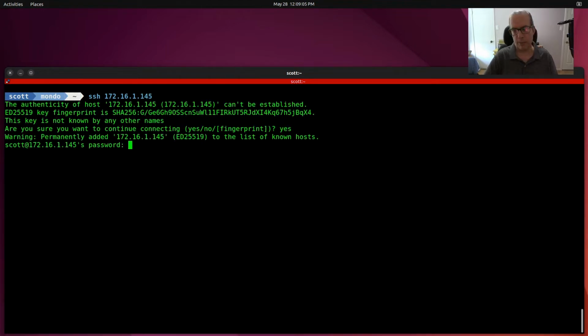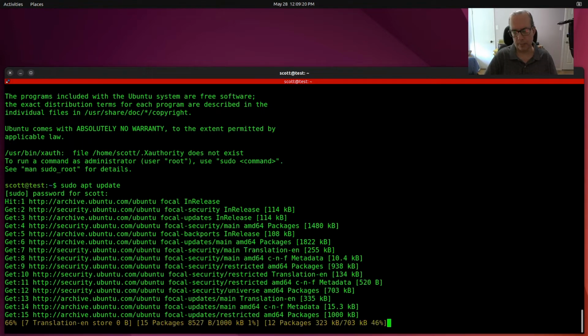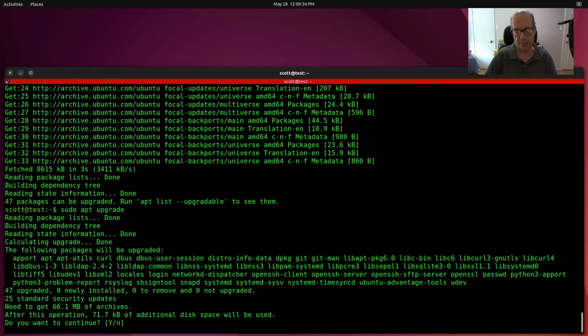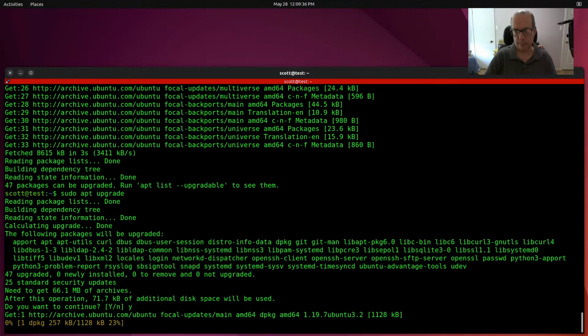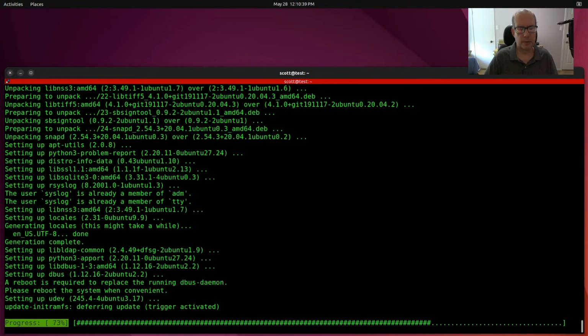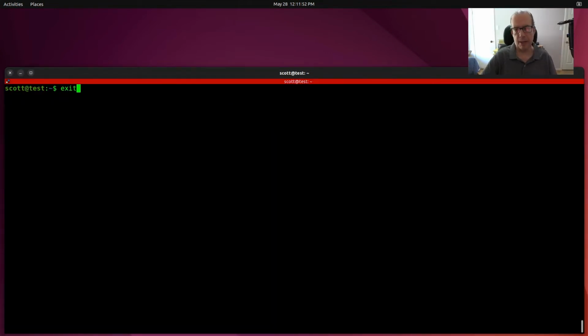Accept the new fingerprint, type in the password, and we're logged in. So the first thing we're going to do is a sudo apt update and a sudo apt upgrade, since there are 47 packages that need upgrading. Now that the system's been updated, I'm going to exit out of it, and I'm going to do an